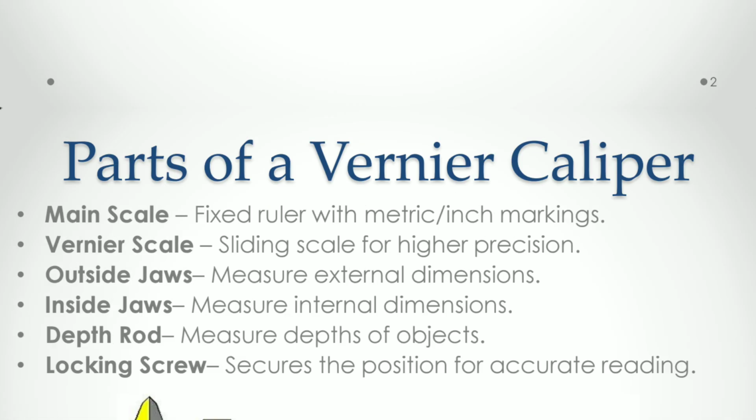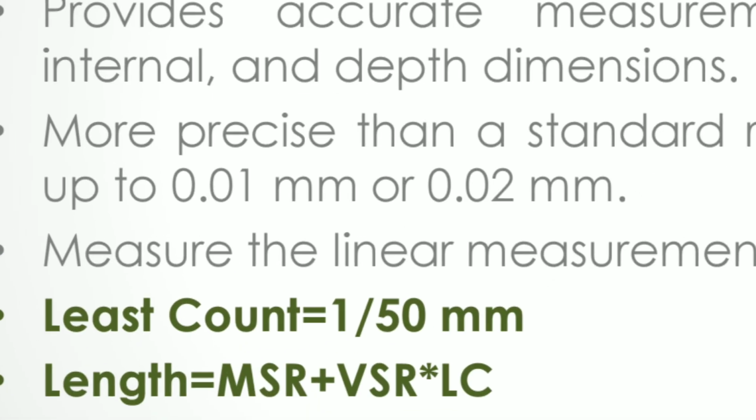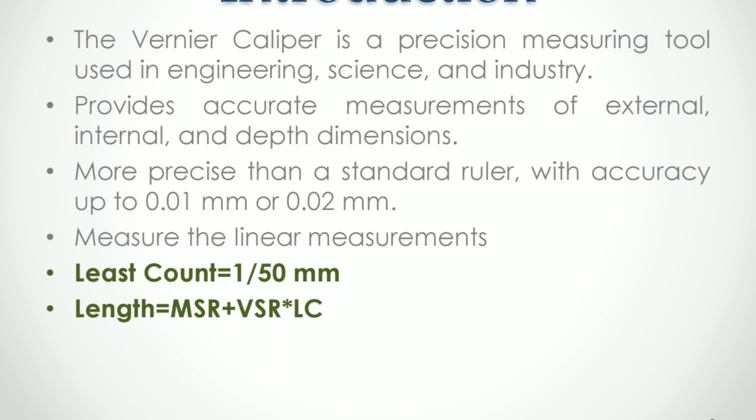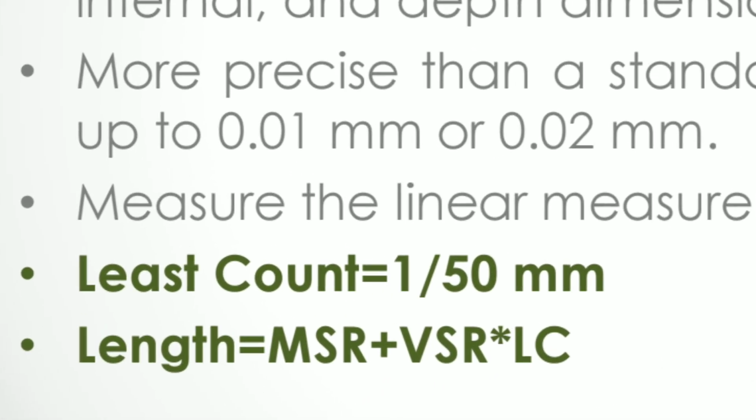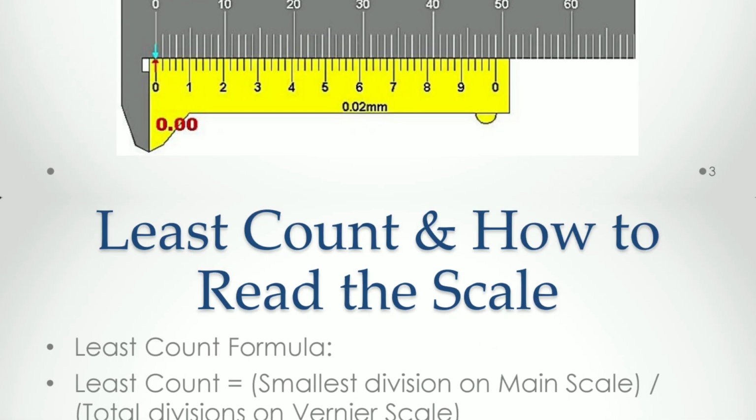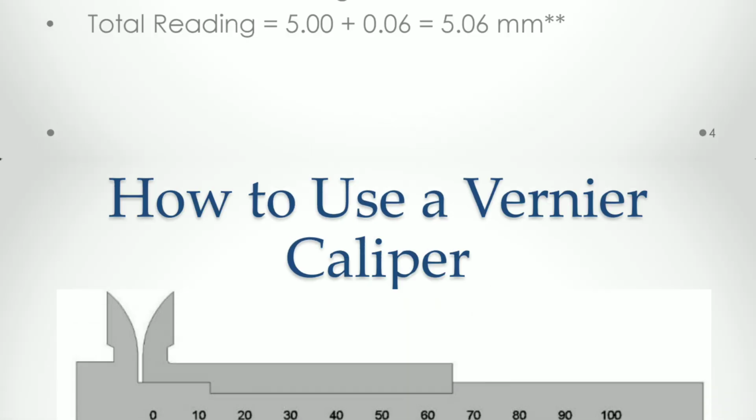Then how can we get 0.01? When your error is 1 mm over 100 divisions, you consider 1 mm error divided by 100. Simply, we can calculate 0.01 mm. Okay, the first one is clear: how we can calculate the least count. Second, how can we measure